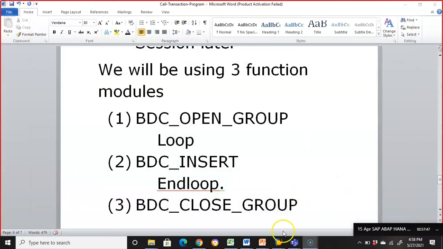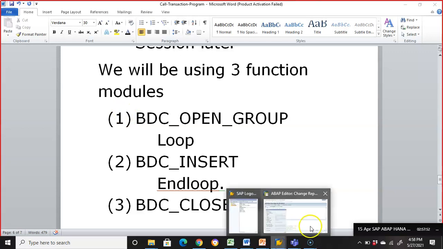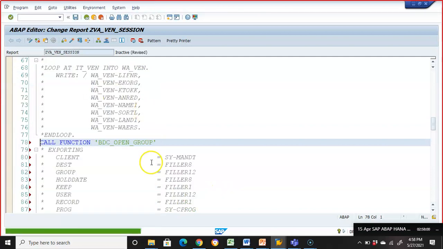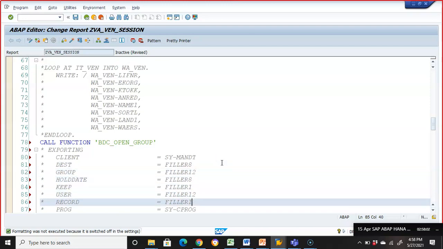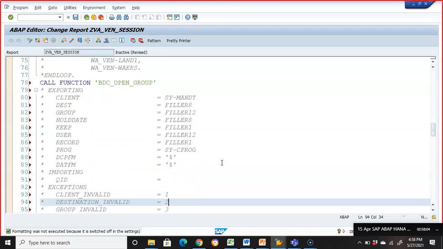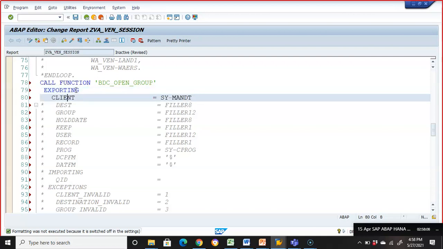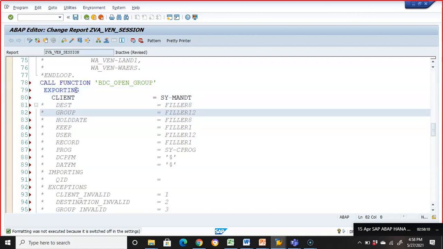Now here in the program, I will explain what exactly would be the difference when you do this. BDC_OPEN_GROUP. Okay, I'm calling this here, and in this BDC_OPEN_GROUP, the functionality would be similar but with slight changes. We need to give the group name. I'll give the group name as